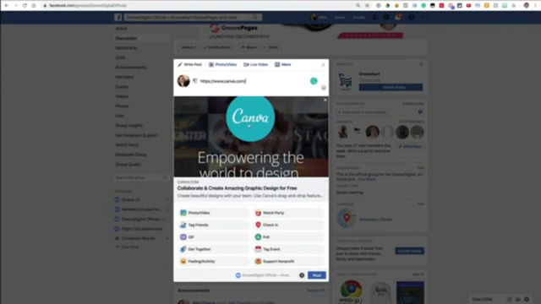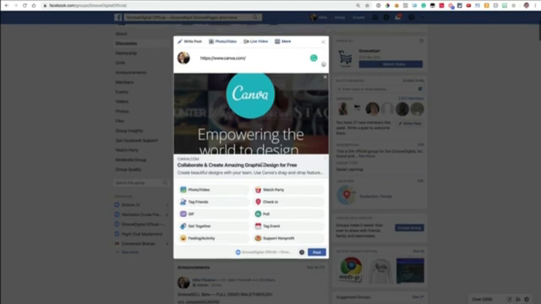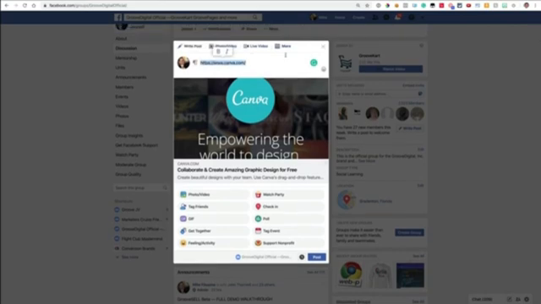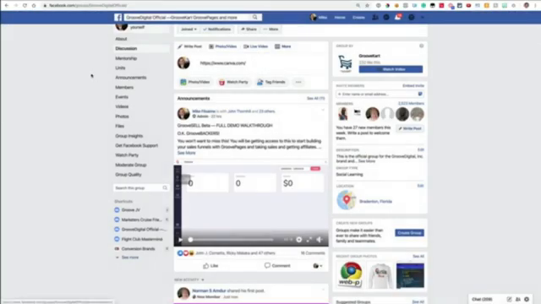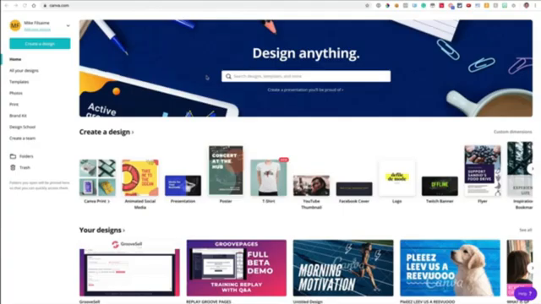Well, we'll notice they have a different logo here. Their brand here says empowering the world to design, and then it says some text that you didn't see on the website: create beautiful designs with your team, use Canva's drag and drop feature, etc. So this is how you can control what happens when somebody puts in a link. Now I'm going to give you a little tip. The reason why I use Canva is because they're a great design tool. So let's head on over to Canva and let's actually see which